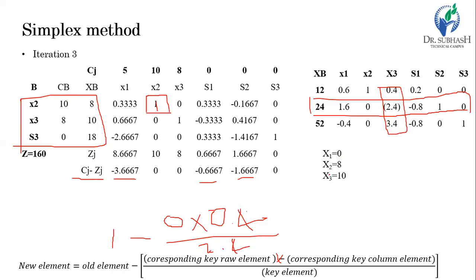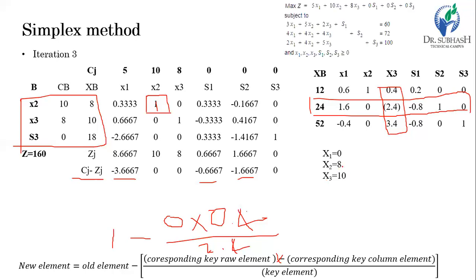So after putting this value of x1, x2 and x3 in the objective function, we get the value of Z, which is here 5 into 0 plus 8 into 10 plus 10 into 8, and we get the value of Z equal to 180, 10 into 8 is 80 plus 10 into 8 is 80. Sorry, this is a mistake. Here it is 160. The value of 80 plus 80 is 160. So by this way we get the solution.